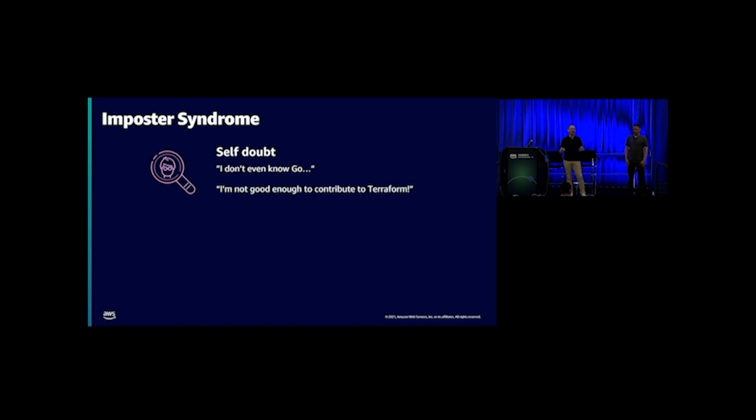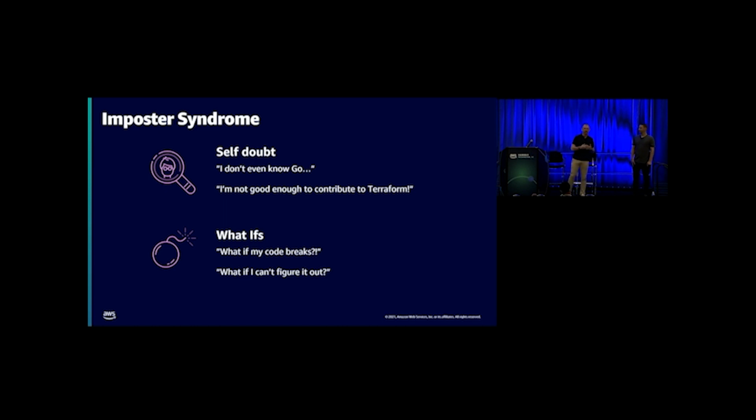Then I went through all these what ifs. What if my code breaks? What if it breaks somebody's production workload? What if I can't figure it out? What if I get partway done and don't finish it? And these were just barriers to self, saying I can't do it. What I realized at the end of the day is I can just take a swag at it, I can try, and I know when to ask for help. And that's what I did. I have a friend at AWS. I said, hey, I can't figure out this conditional logic. Can you help me? We did a Chime room. We showed everything was just fine. But I really had to overcome the emotional burden of contributing to something like Terraform and upstream before I could write a line of code.